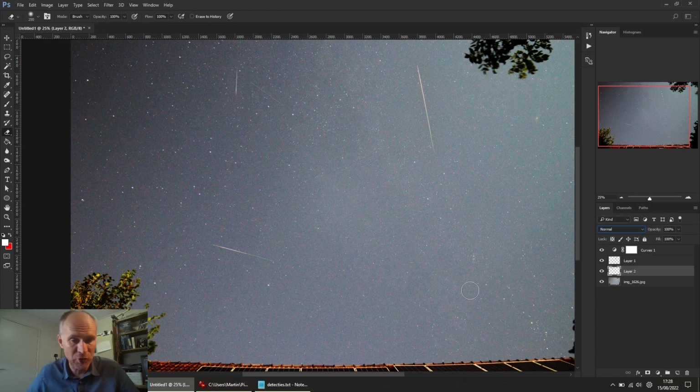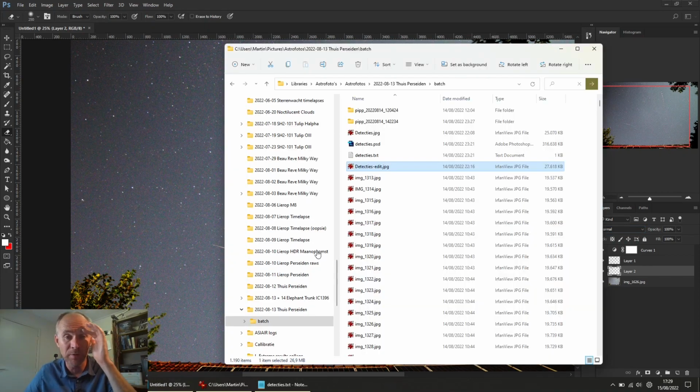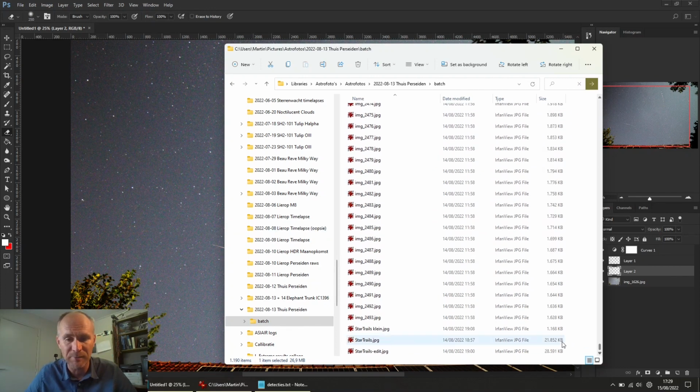There's another tool that is very nice to use. You can use stacking tools and use a maximum stacking algorithm to combine all images into one, which will eventually show the meteors, but it will also show the rotation of the Earth. And I will make a new video about that in more detail with some time lapses and stuff, but this is